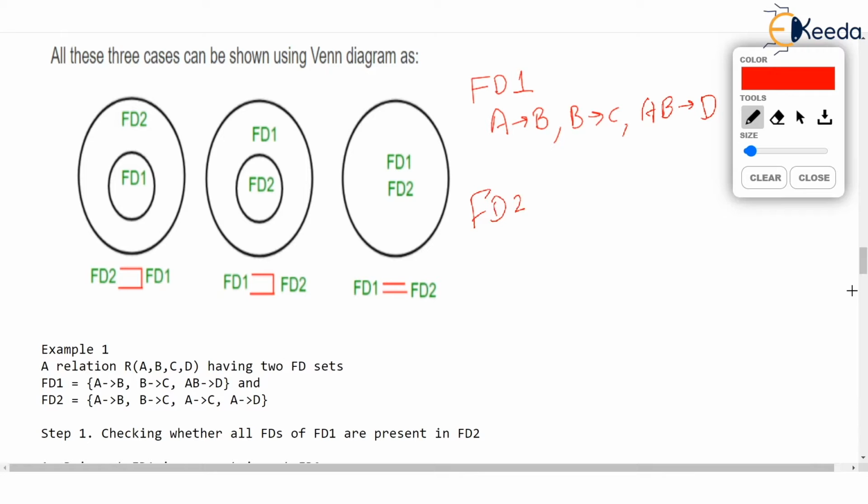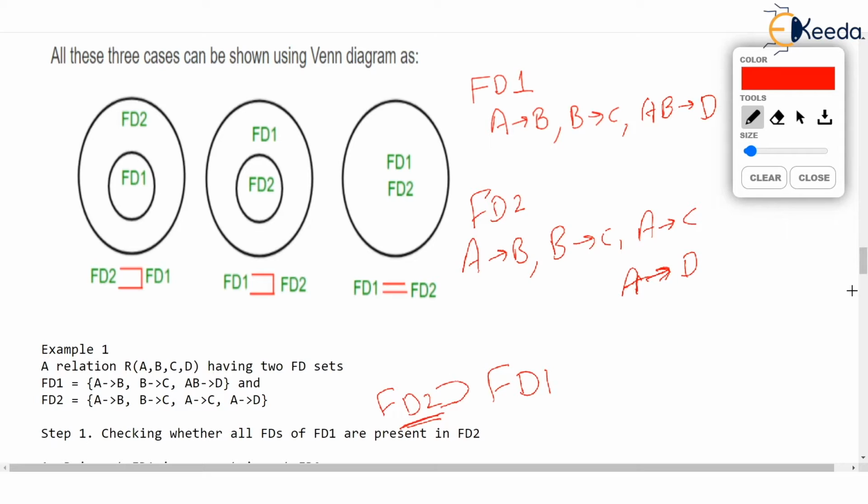So first you prove that FD1 can be covered by FD2. Either way you can prove. But let's see whether FD2 can cover FD1 or not. What I mean by that is whatever are the FDs in FD1 can be derived from FD2. That's the meaning, isn't it? Whatever are the FDs in FD1 can be covered or derived by FD2. So let's see how we prove that FD2 covers FD1. For doing this, we will take a functional dependency from FD1.